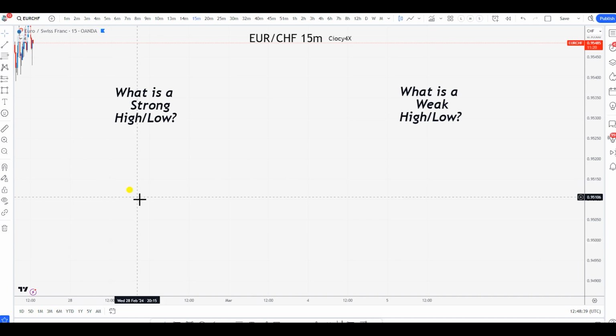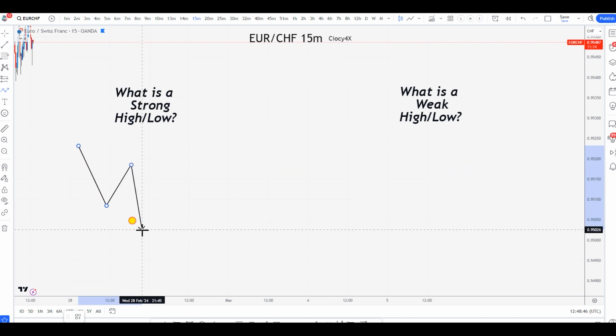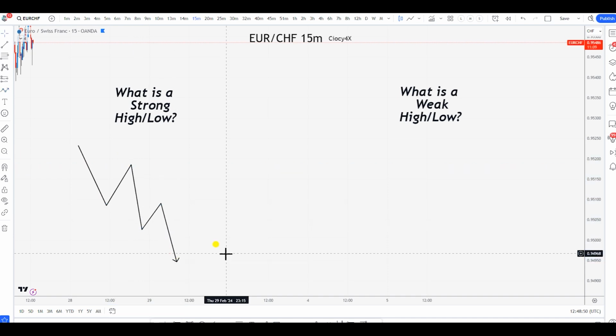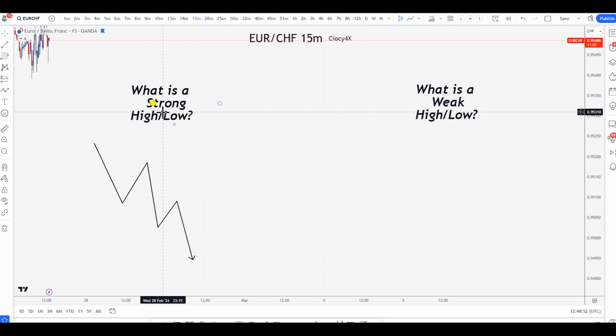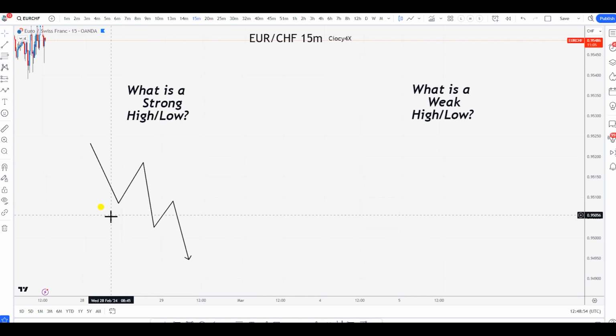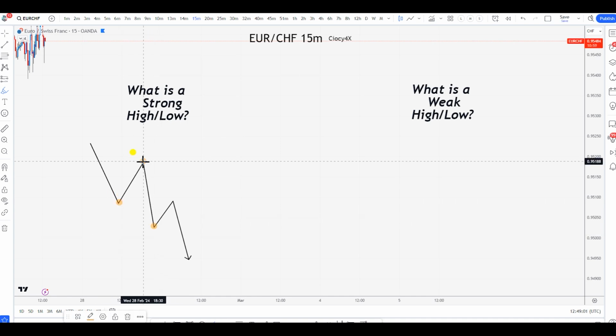When you have a high, so if we have this, right, this is a trend, this is going up, this is going down, and it is making this type of order flow. When it says strong high, that means that in this case we have highs and lows. So where are our highs and lows? Those are the lows over here, right, and these are the highs, isn't it?